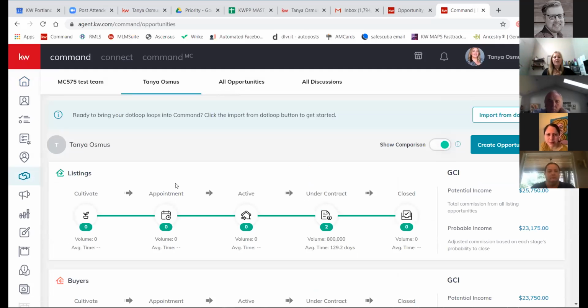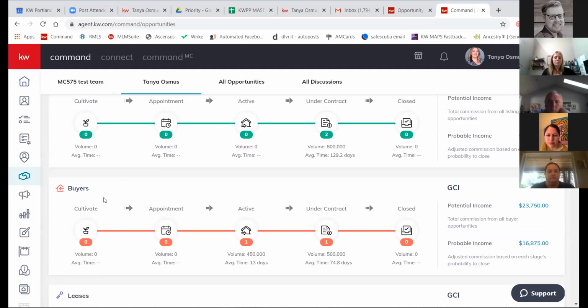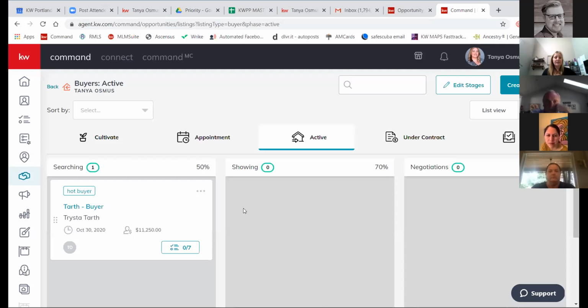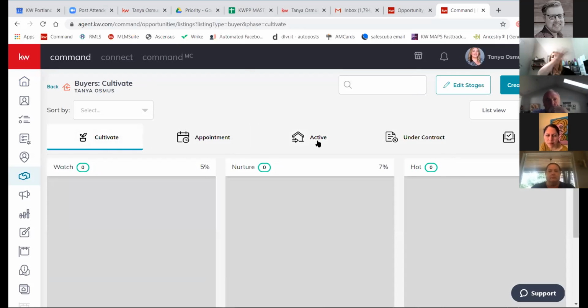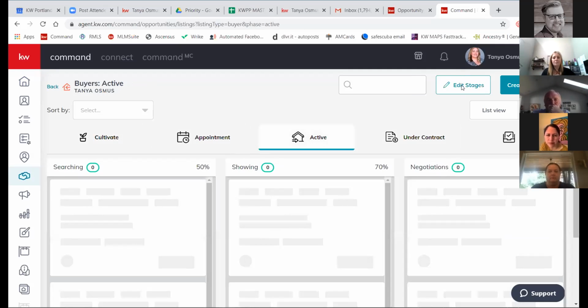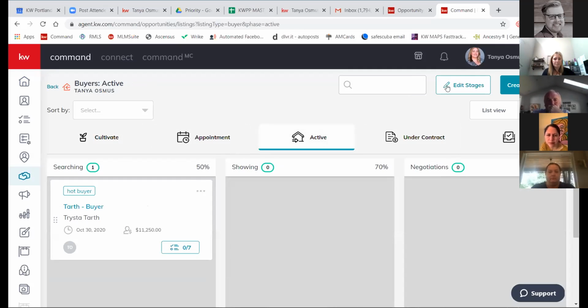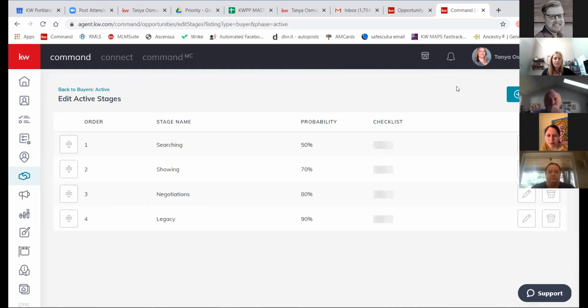Ta-da. And then you're going to go into whichever one you want to edit and work on. Okay, maybe I need to come work on my active buyers. So I'm going to click on active, and now I can edit the stages. Once I'm here, I can go to each of these stages and edit them from here. But you need to come into one of them to be able to access this edit stages up here at the top. And then once you do that, now I can come in and I can edit the checklist within